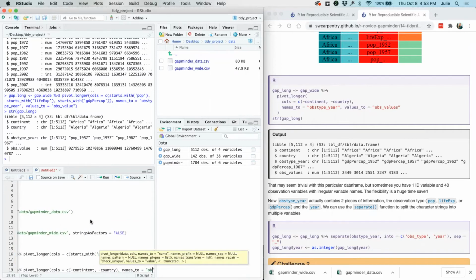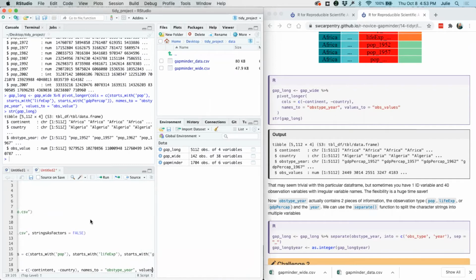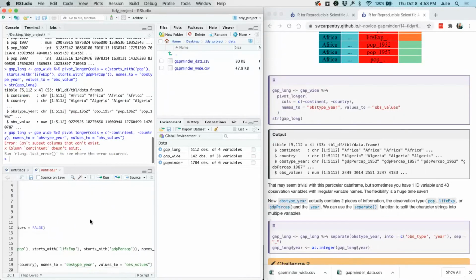So we still want to create an obs type year and the values to obs value. And then we run that and we get an error to see where the error occurred.